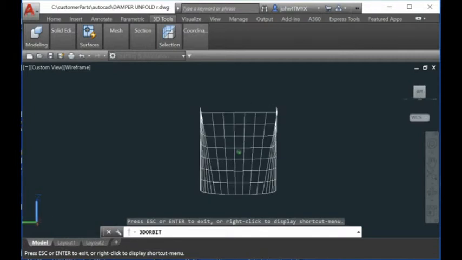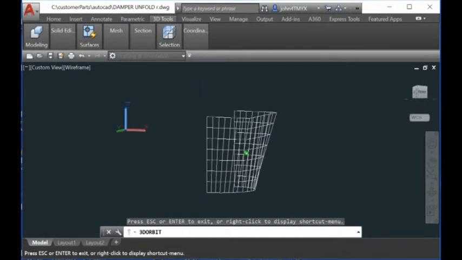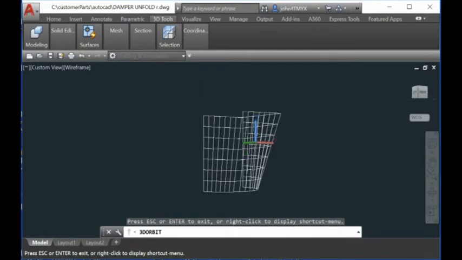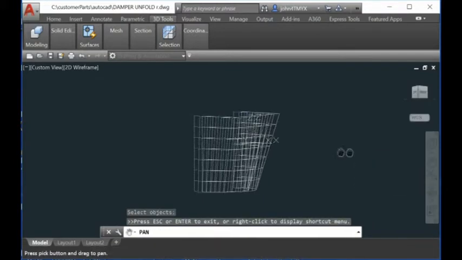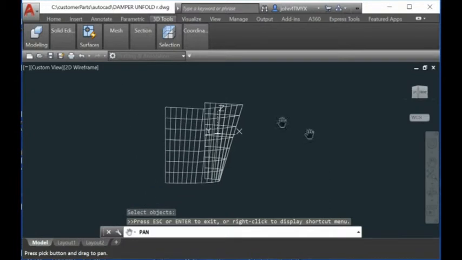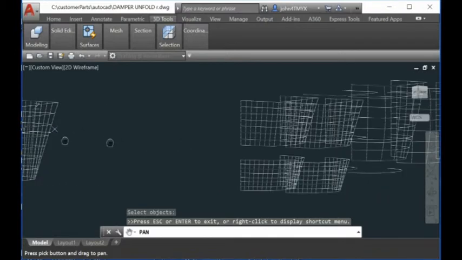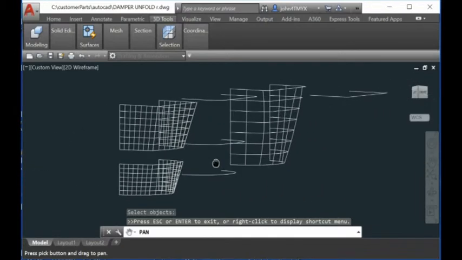Okay, now come to this one. Now to the question of how I could unfold this surface. You can do something like this, but to unfold this surface, you have to create a single NURBS surface, or single surface, to represent this shape. And then what I have done here,